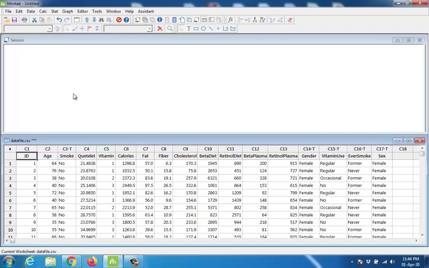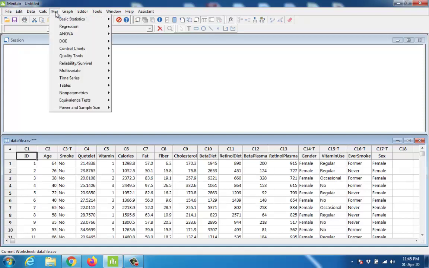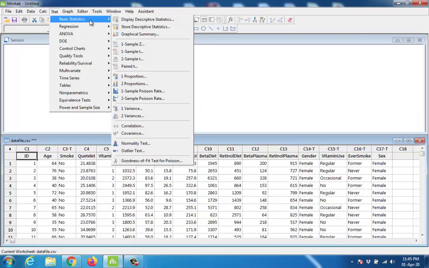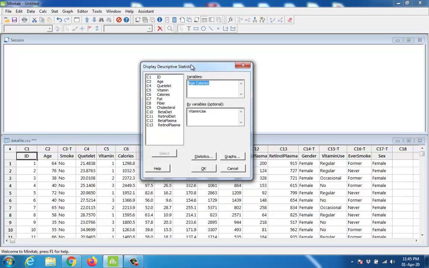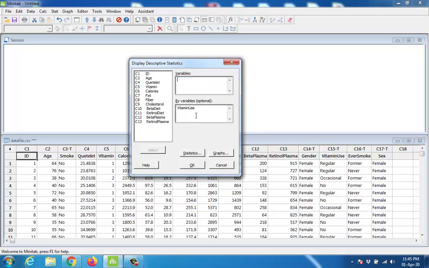And after the import of data, let us just explore the descriptive statistics option right here in the Stat menu. Go to Basic Statistics and then Descriptive Statistics. Inside descriptive statistics you need to specify the variable in the upper tab, for which variable you want to see the descriptive statistics. For instance, here in this case we are looking for the descriptive statistics of age. So select that variable